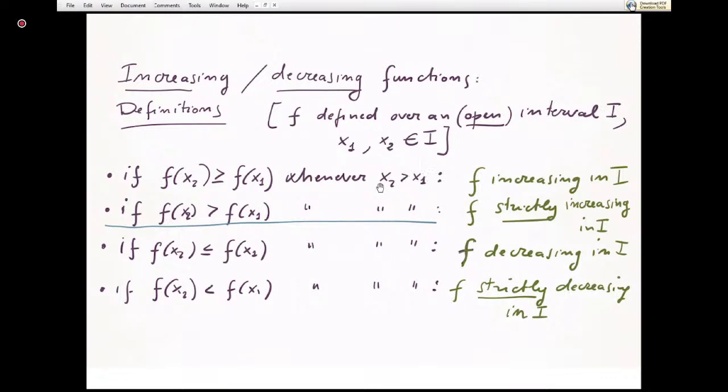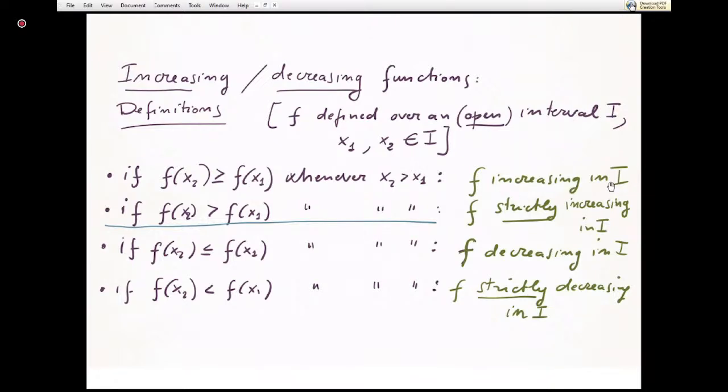So take x2 on the right of x1. Otherwise, you can rename them. If it happens that also f of x2 is larger than or equal to f of x1, then we say that the function f is increasing